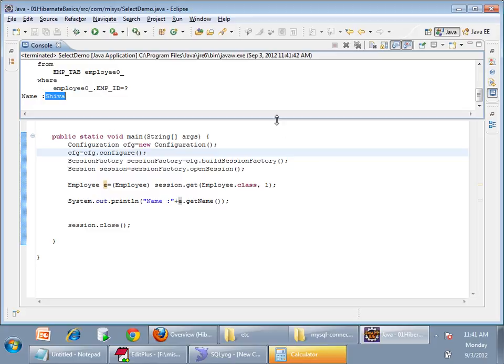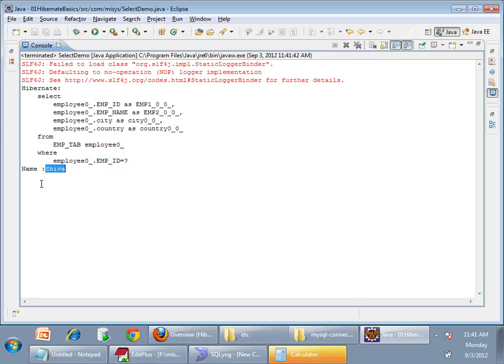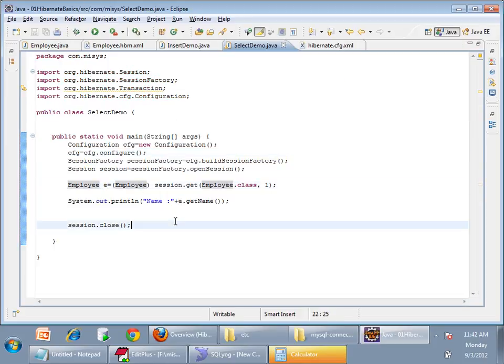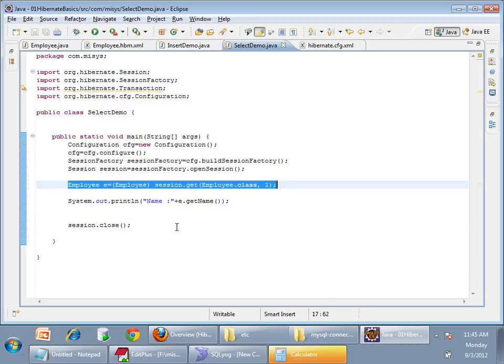See the select query? The select query has a where condition. It's comparing based on primary key. So session.get will fire a select query based on primary key. So you have done this, right? Now I have one more question. Here I will say